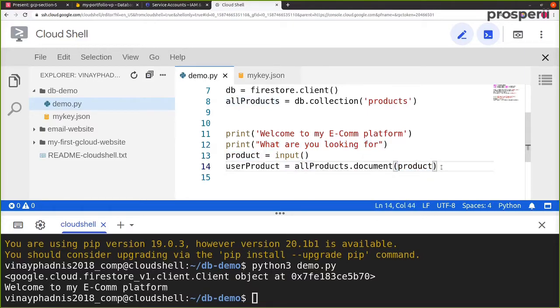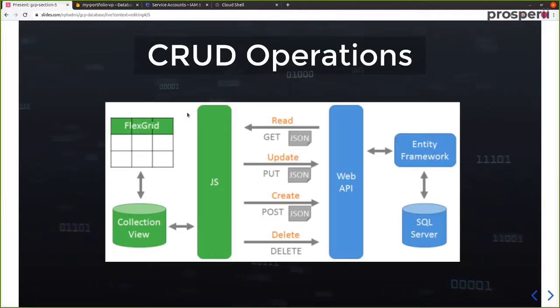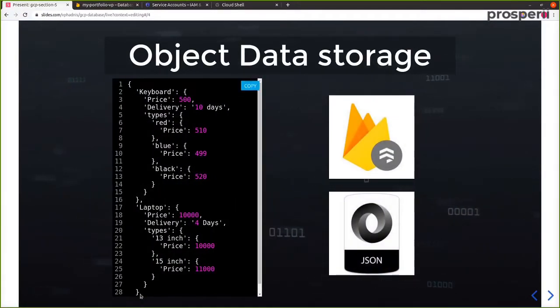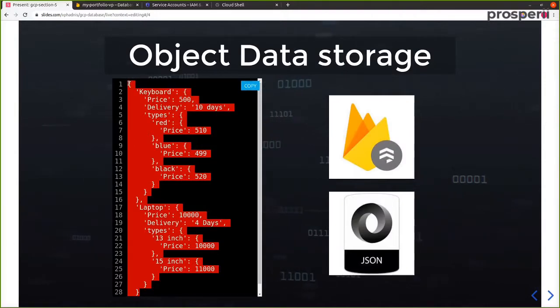After we have boiled down to one particular product, now we want to get this particular product. To do that, we have dot get. Okay. So with this, we have received the product, and now we want to convert it to a dictionary. A dictionary is a set of key value pairs in Python. Essentially, this data object is called a dictionary.